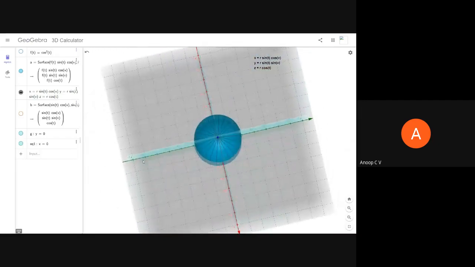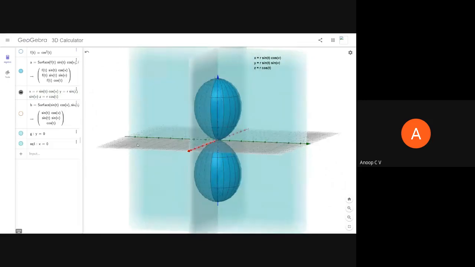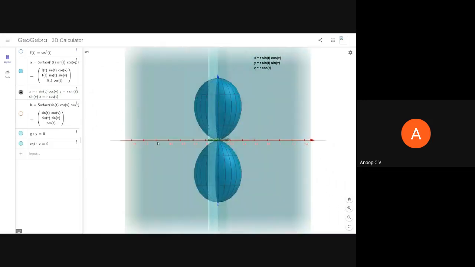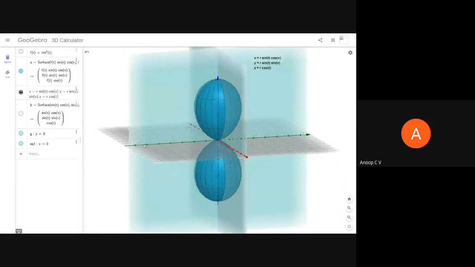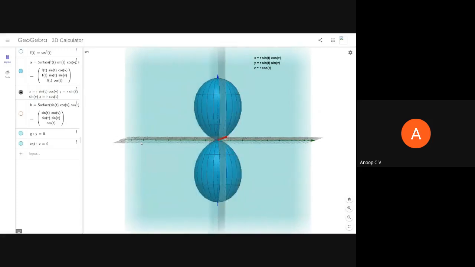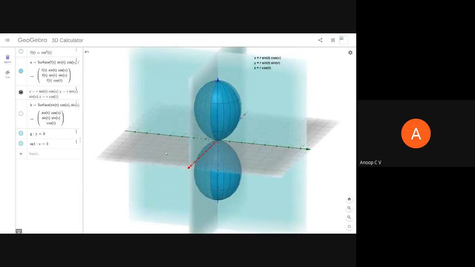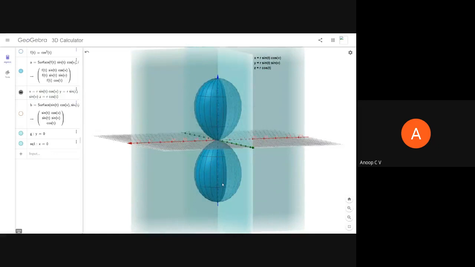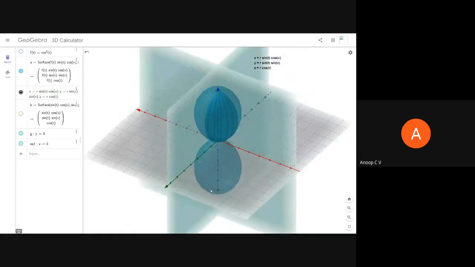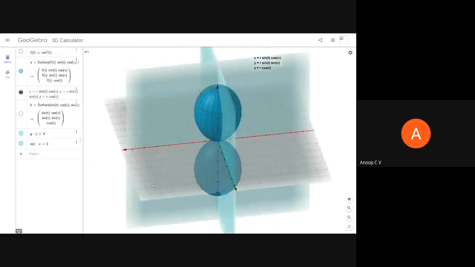So I have to consider only one cut as it is a symmetrical pattern, and most of the patterns we'll consider will be symmetrical in this particular section. But in the next module, with the dipole and all, there will be slight issues. Okay, so now this is the cos square theta pattern.